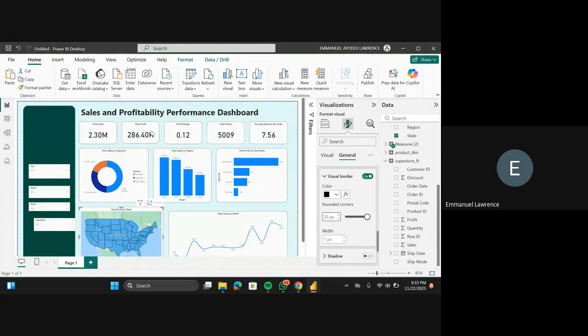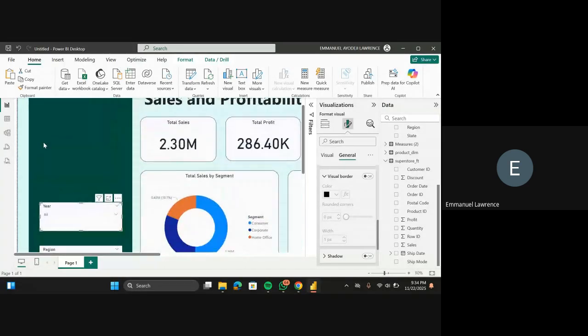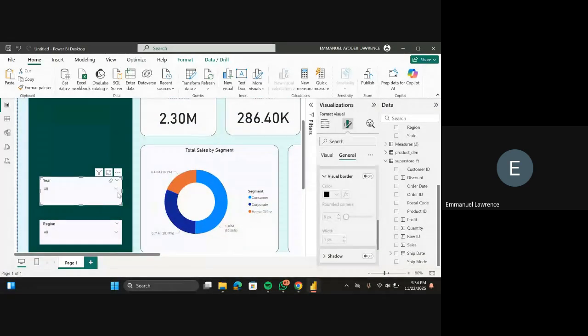So what remains is just to add little visual effects. So let me just align all of this. Let me just align my KPI and my slicers, because I just want everything to stay well arranged. So let me increase it so we can all see this very well. So I have to reduce this exactly, then increase this here also. I give them a little space.